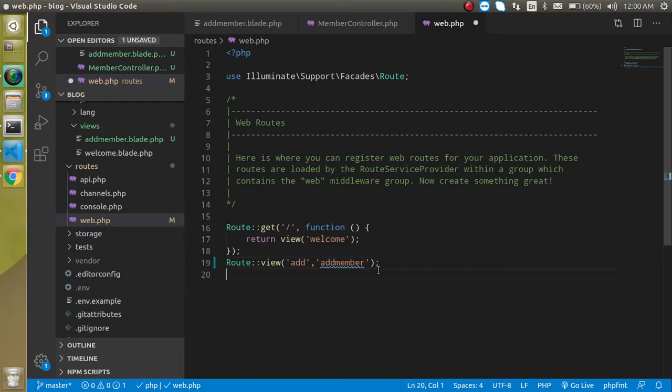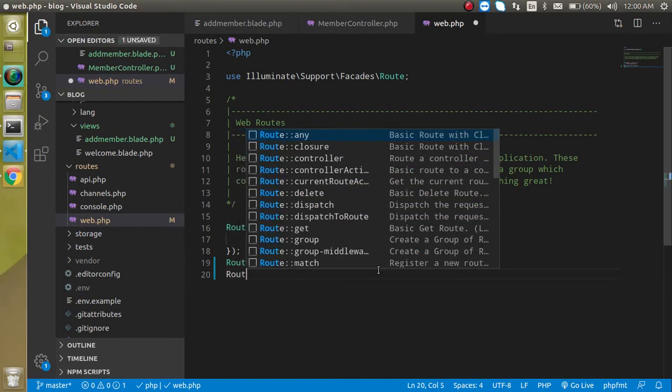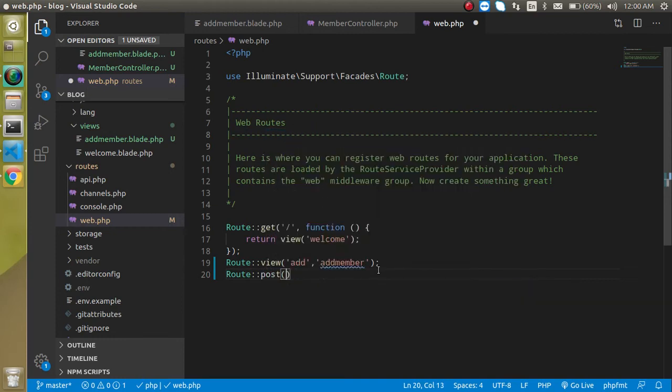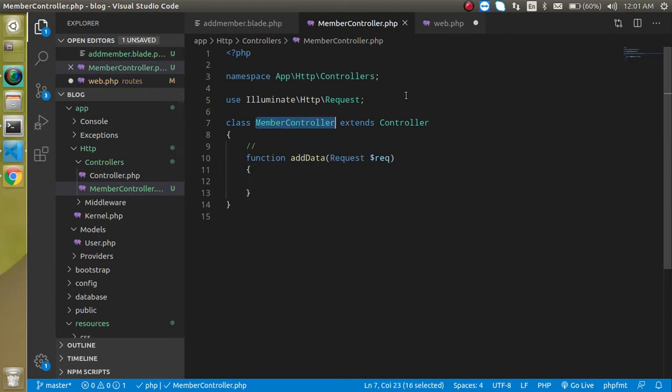So just write here route post, and for the post we will add the URL again. We can have two URLs with the same name, but the method should be different, right? And now let's put the path of this